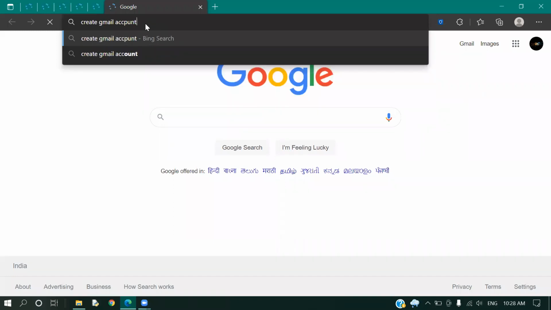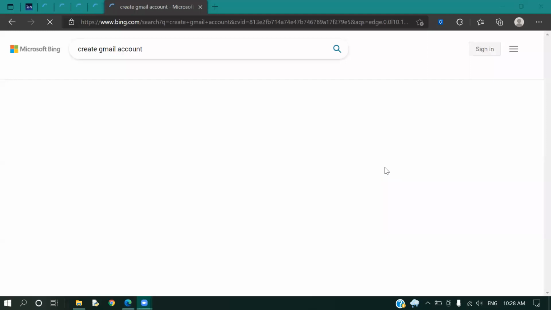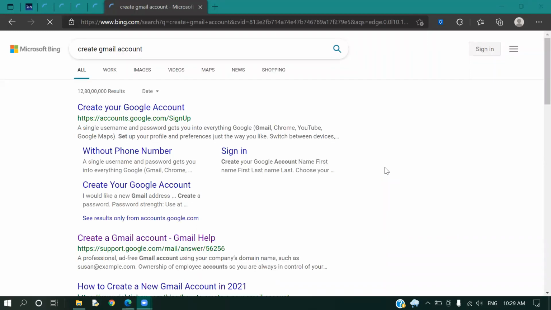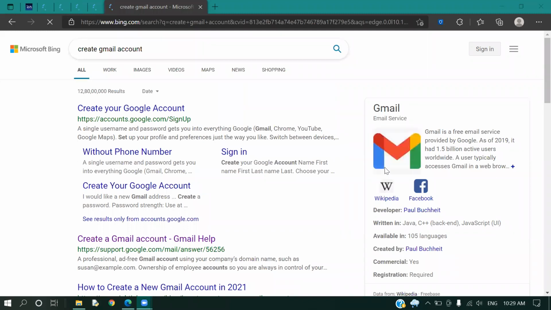This is not in your syllabus. I'm just giving you some extra knowledge so that you should be aware of it. You are class 7 students and you should know how to create a Gmail account by yourself. Fine. So those who are not having Gmail accounts till now, after learning this, you will make your own Gmail account. Okay, fine. Yeah. So here we go. I'm going to click on this Create your Google Account.